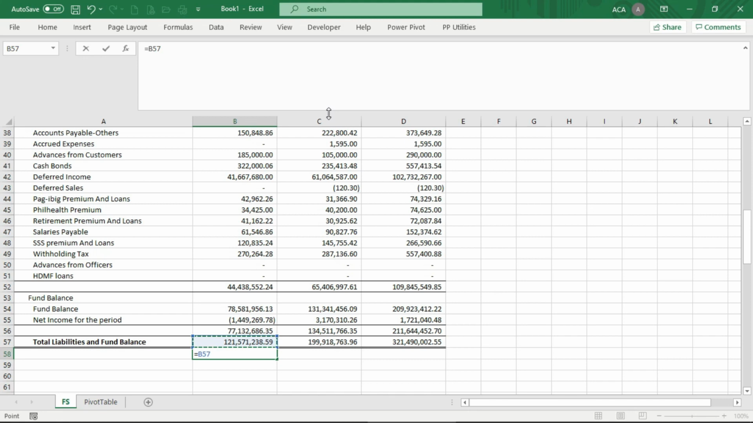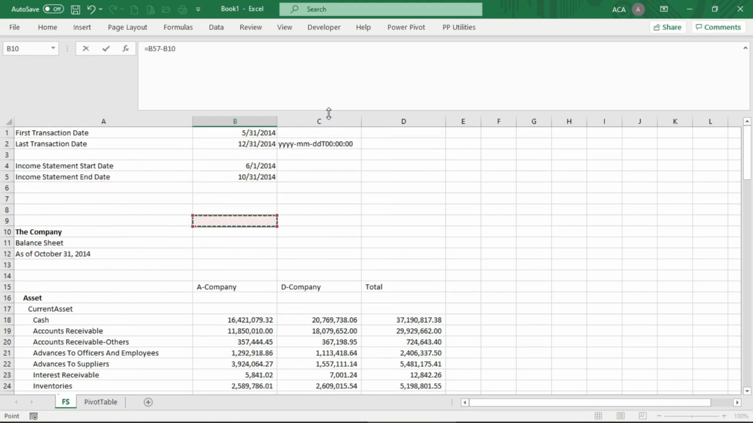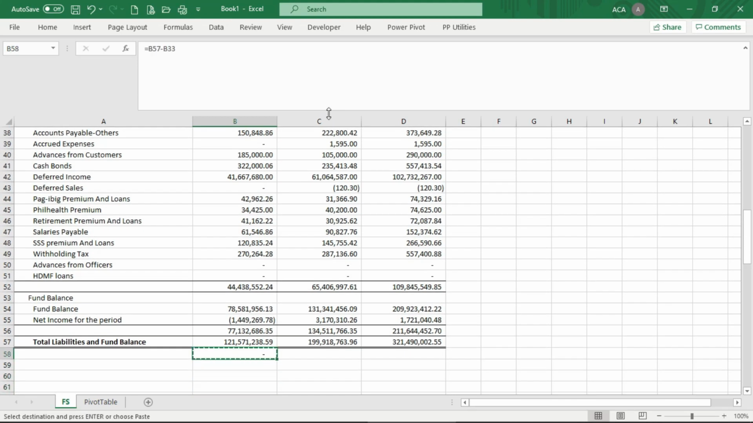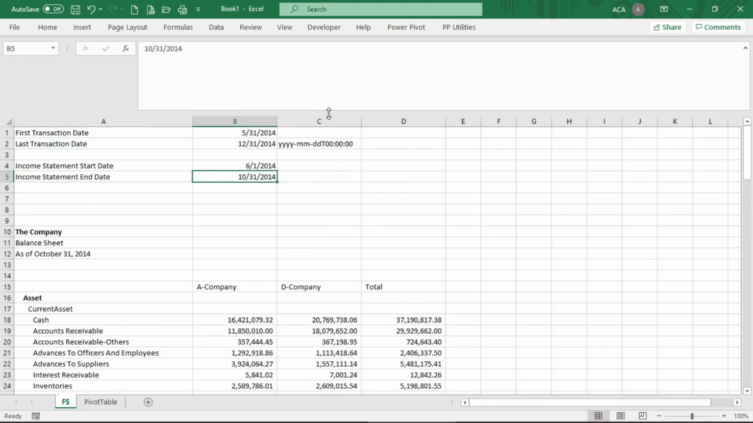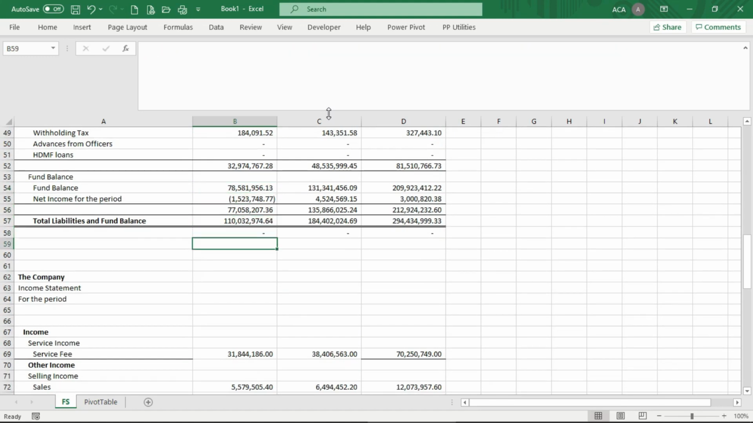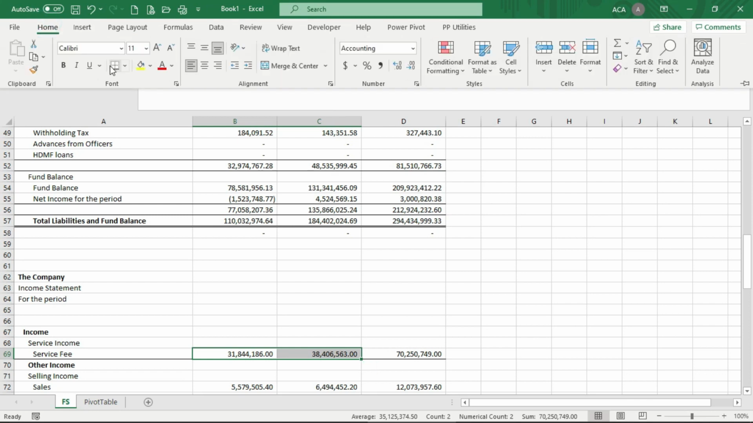So ito minus, sumobra, dapat 0 yan. Okay, so kung December 31, 2014, balanse pa rin yan. Format muna natin ito, nasira yung format. Okay,